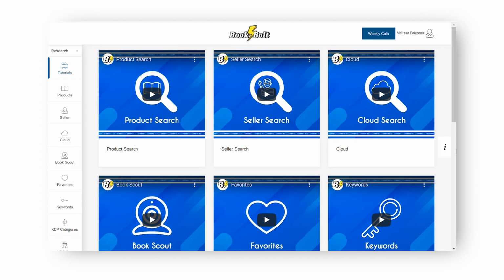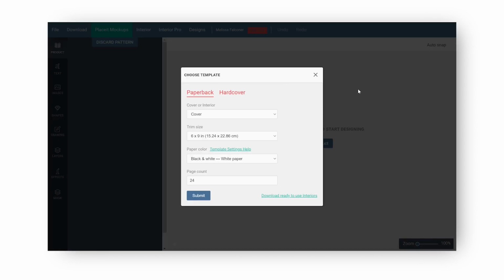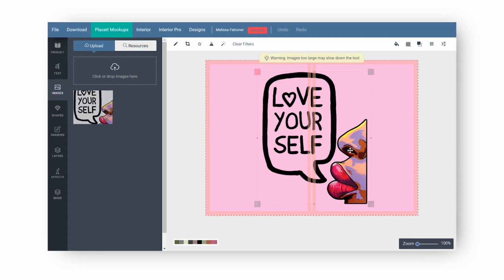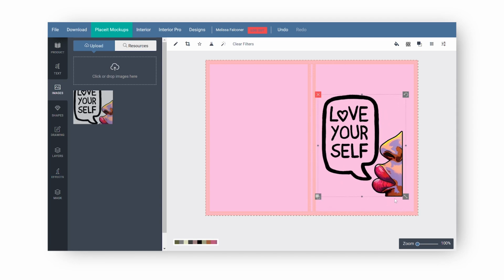So once you know what kind of book you think will work, it's time to create it. So you go into BookBolt's Creator. They have a whole app on their software for you to make your book, and you go and design your book cover. So you just upload your book cover's artwork to BookBolt, you select the size of the book that you want, and BookBolt will generate a template for you to use to put your cover and the back of the cover on it. They also have a bunch of tools available to add graphics and text and literally everything that you need to design your